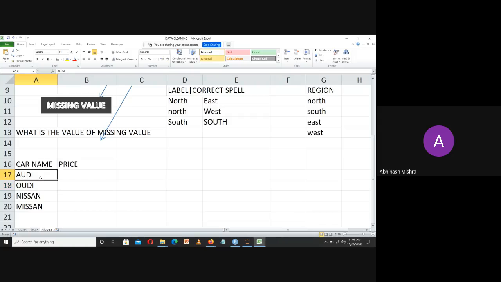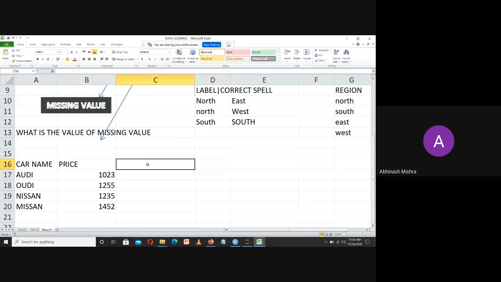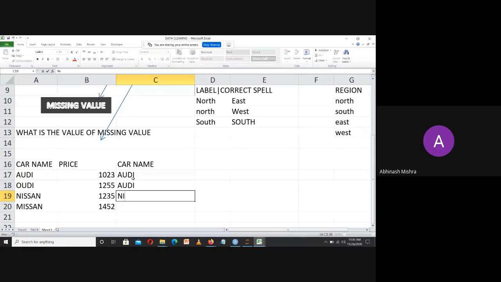These two cars belong to the same group, but some operator who entered the data into my system made a few mistakes and entered it incorrectly. When I clean the data, wherever my car name is Audi, I will clean this to Audi, this also to Audi, this to Nissan, and this also to Nissan.